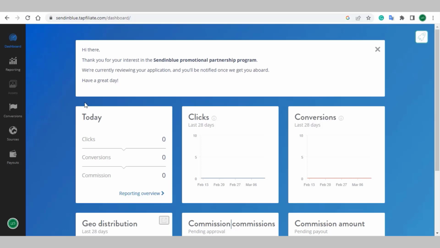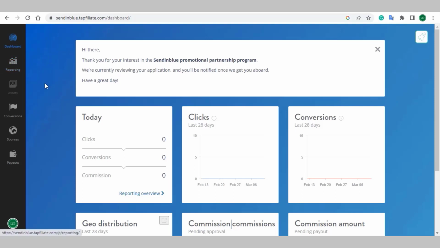So within 24 to 48 hours, you receive an email whether you have been accepted or you have not been accepted. And mostly, in many cases, you will be accepted. So if you get accepted, your link will be given to you. So let's assume that our affiliate link is this link over here. So we can proceed